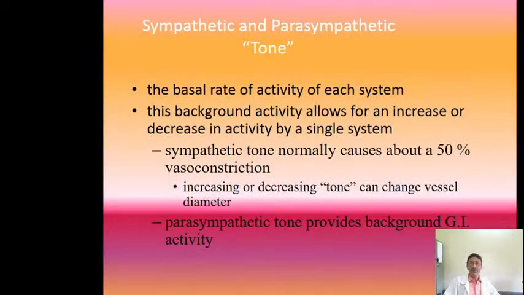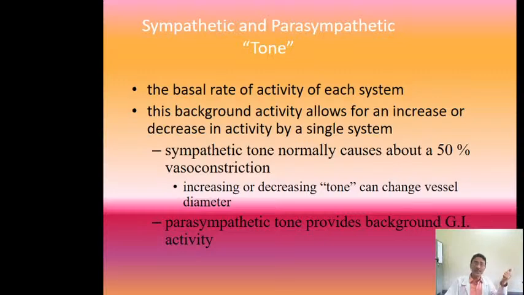So there is one last thing which I wanted to tell here, that there is a tone called a sympathetic tone and a parasympathetic tone. That means every division of the autonomic nervous system, let it be the sympathetic division or the parasympathetic division, is exerting certain influence or causing a certain amount of basal secretion of the neurotransmitter. This background activity which is happening in the absence of any active stimulus, during the resting condition, is known as the tone, and for sympathetic it is sympathetic tone and for parasympathetic it is parasympathetic tone.